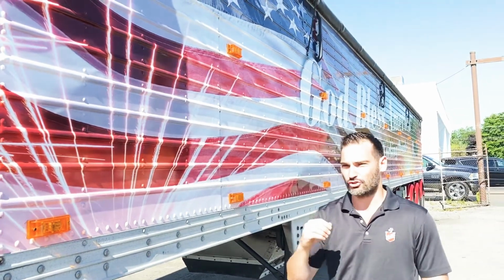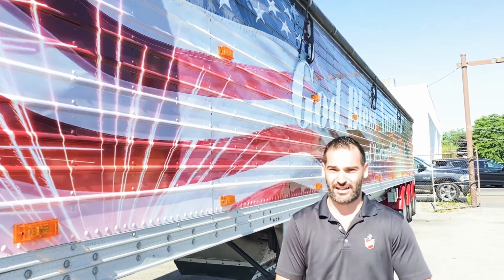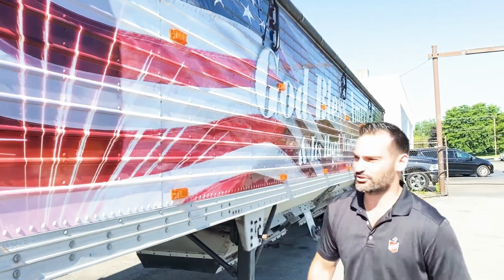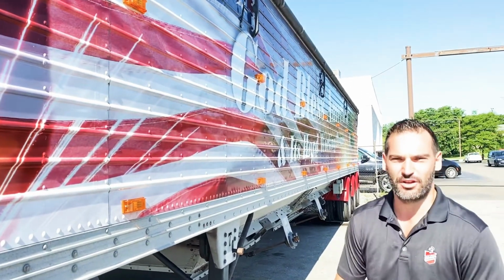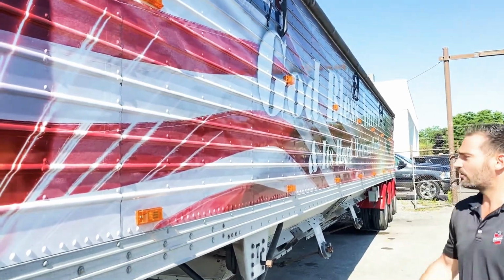I think we've done 2 of their trailers like this. We also did their combine, which was awesome. Maybe we can post a picture of the combine as well. I believe we even did an overhead garage door or something for a proposal. So it's pretty cool. So why don't we just take the tour,